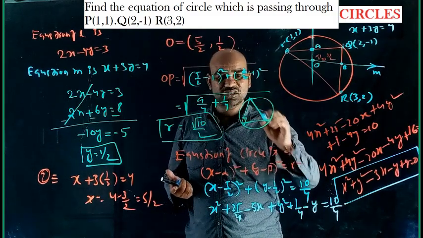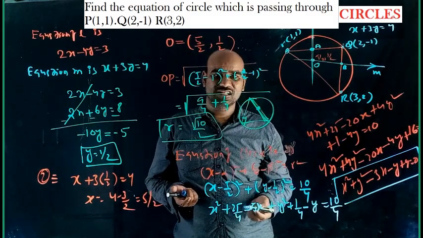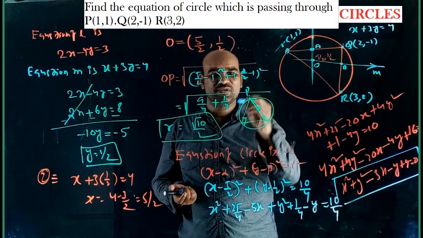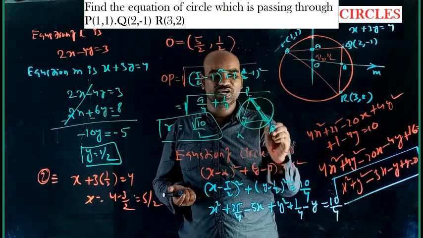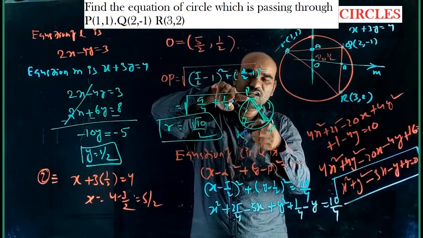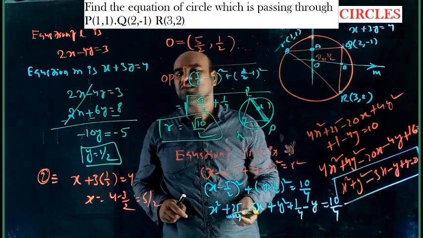Then automatically this being the diameter, the midpoint of the diameter is nothing but the center of the circle. That means the midpoint of the hypotenuse becomes the center of the circle. Already P given, Q given, R given. By using P and Q, you can find the midpoint. You can find the length of PQ, half of the length of PQ is the radius. Center is there, radius is there. Directly you can find the equation of the circle.